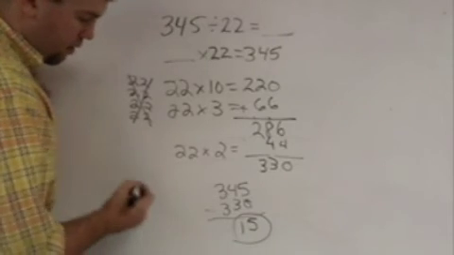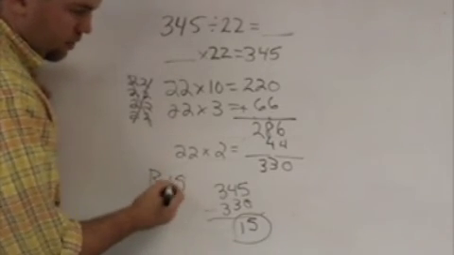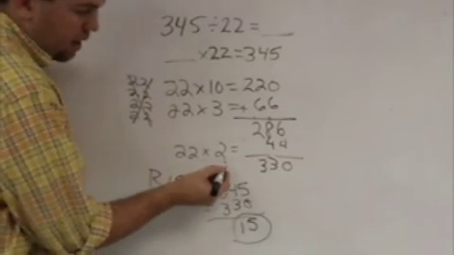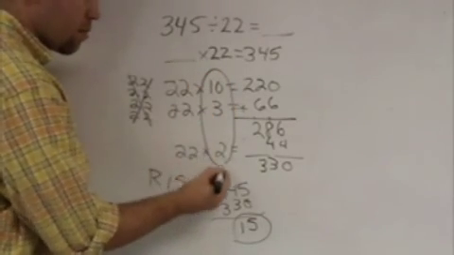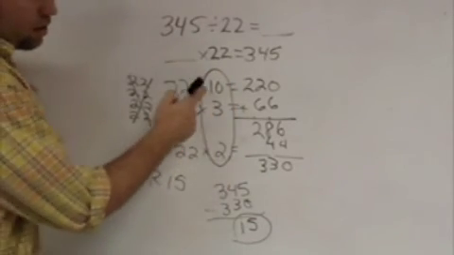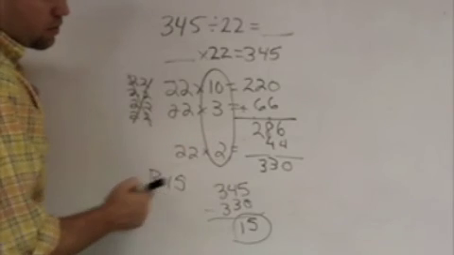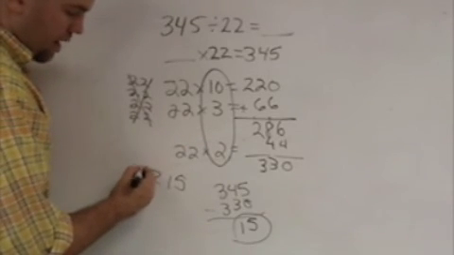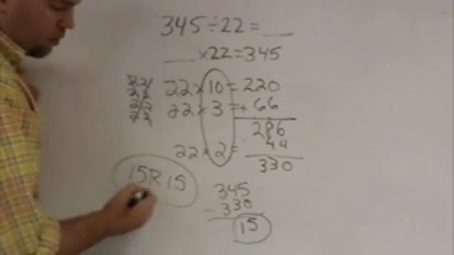So my remainder is going to be 15, and my answer is going to be how many multiples of 22 I use. So I use 10 multiples here, 3 multiples, and 2 multiples. So my answer would be 15. So it would actually be 15